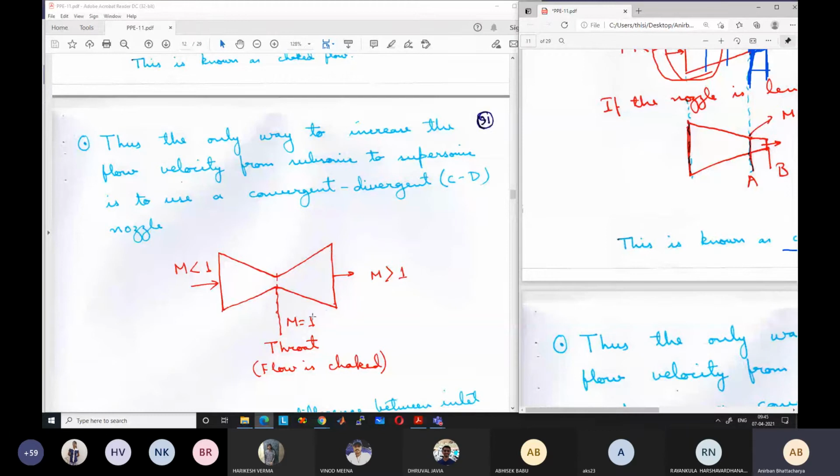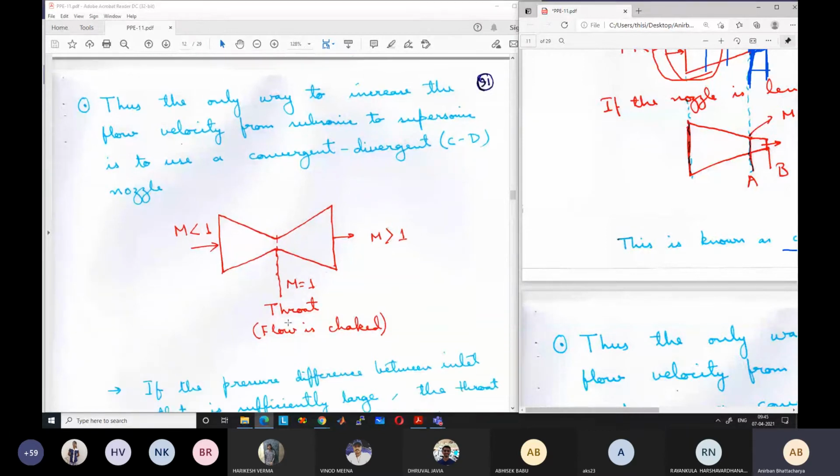And if the flow is choked here, then what will happen? The flow comes in at subsonic velocity. Then this converging section acts like a nozzle, so the flow velocity keeps on increasing, and then it goes to Mach number 1. Once it reaches Mach number 1, the area is now increasing. Above Mach number 1, it should again act like a nozzle, so the velocity keeps on increasing. Ultimately you get high velocity fluid at the outlet, much greater than Mach number 1.